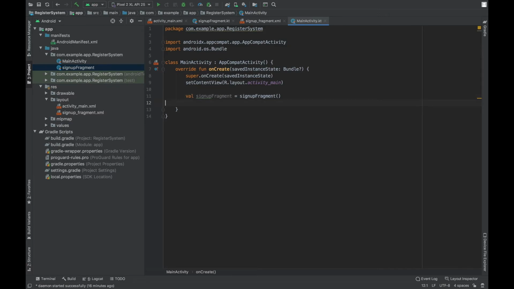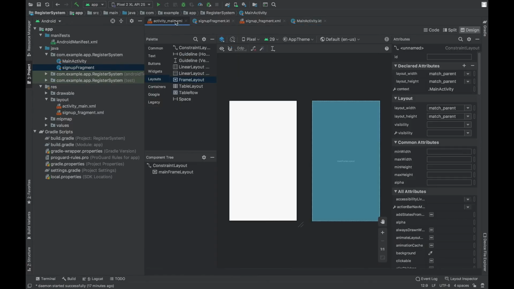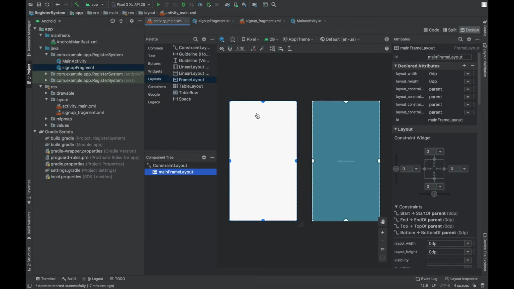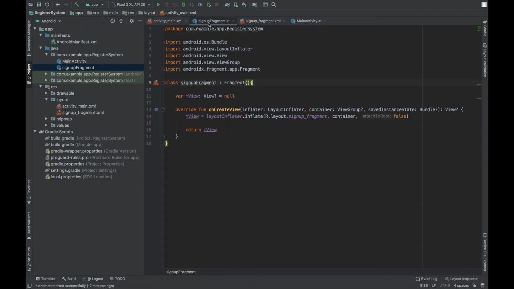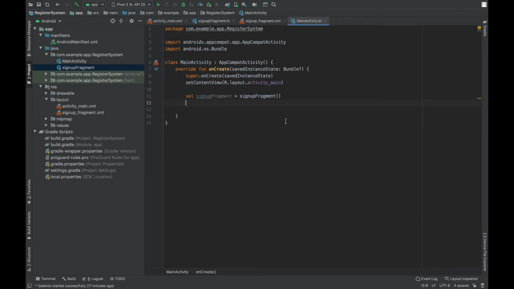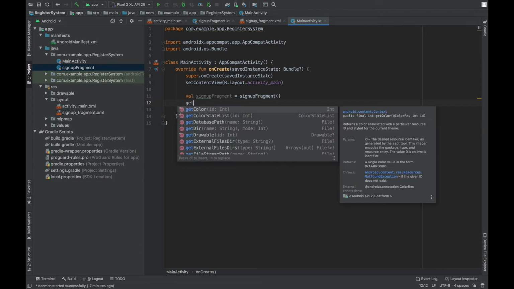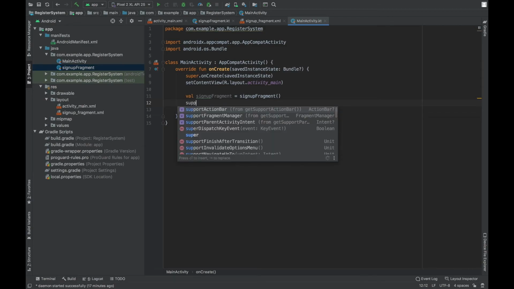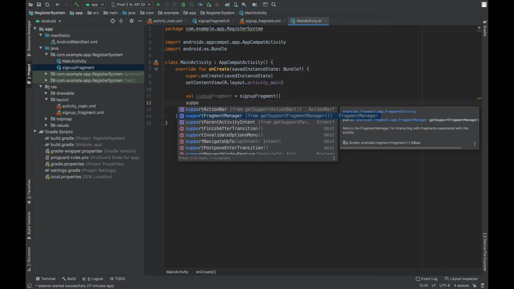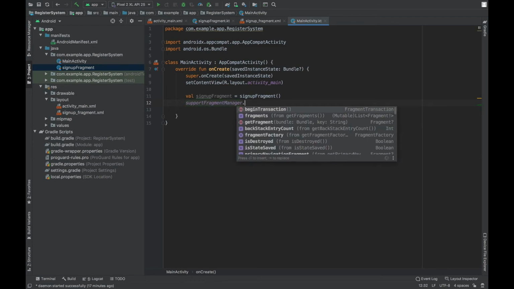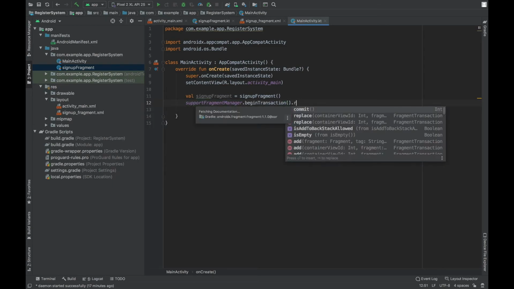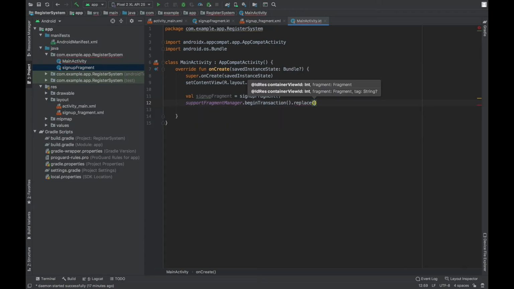So in order to put this sign up fragment in the frame layout we placed in the main activity file, I am talking about this one here, which we set the constraints for, click support fragment type here: support fragment manager dot begin transaction dot replace R dot id dot main frame layout.